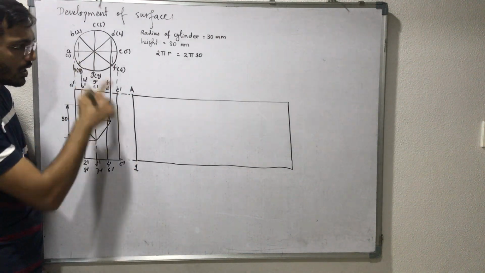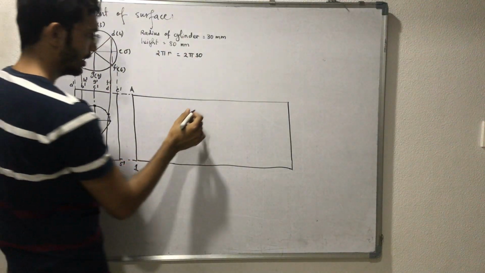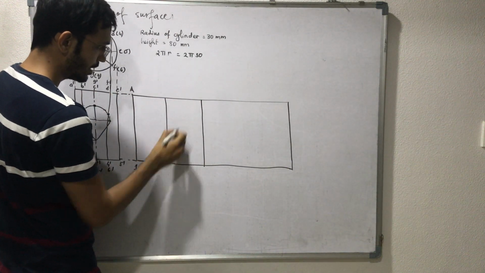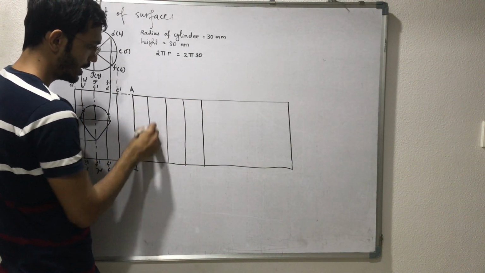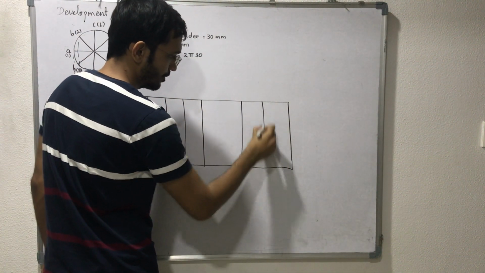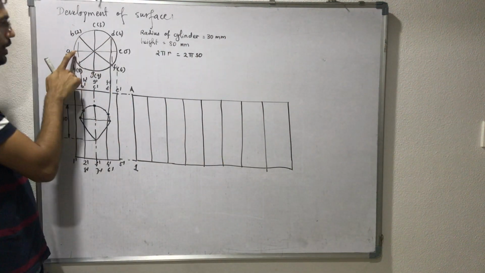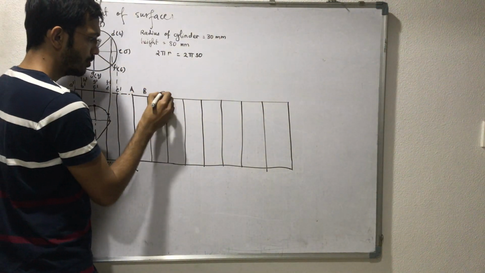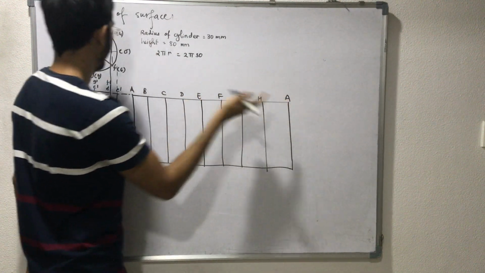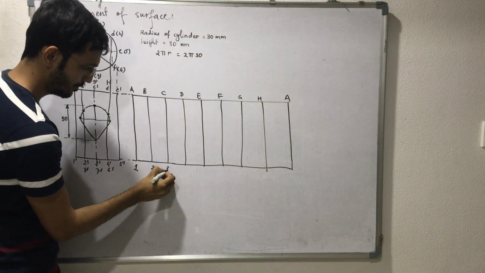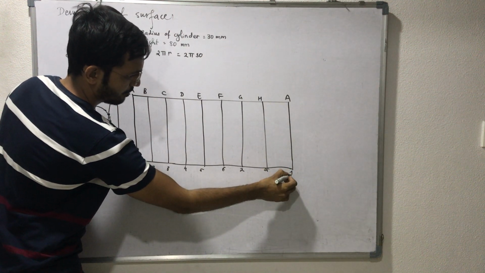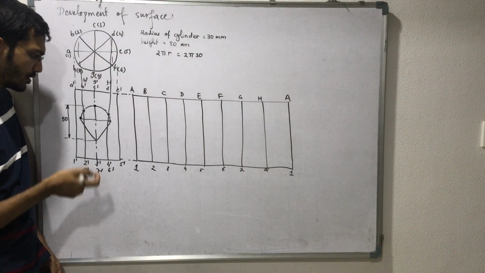As I divided the circle into 8 parts, I will divide this 2 pi r again into 8 equal parts. You can use a calculator and divide into 8 equal parts, that is 2 pi r by 8, because the total is 2 pi r. When we open from A, next will be B, and finally after H it is the ending A, and finally 1.